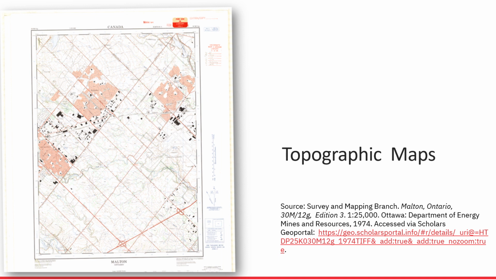Although some urban areas are indicated on this topographic map, the rest is completely rural, demonstrating visually how the region has changed over time. If you were to look at this map today, it would be entirely filled with urban, residential, industrial, or commercial areas. This map is available through a web-based platform called Scholars GeoPortal, which we will introduce in a later module.